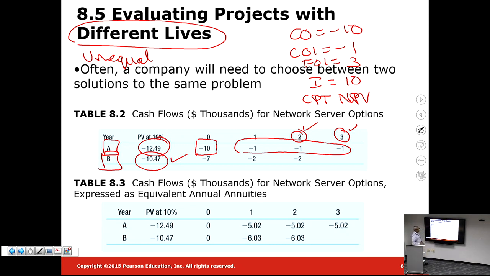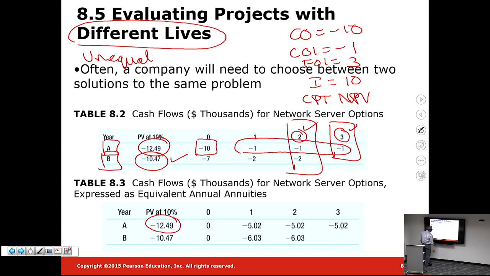But would it be the right choice? Would it be even fair to compare A with B? And the answer is really not, because A has a 3-year life, B has a 2-year life. I really cannot compare them. How do I resolve this dilemma? I resolve this dilemma by using the following technique. I calculate net present values. Let's say I'm going to be sticking with A first. I calculate the net present value of A,